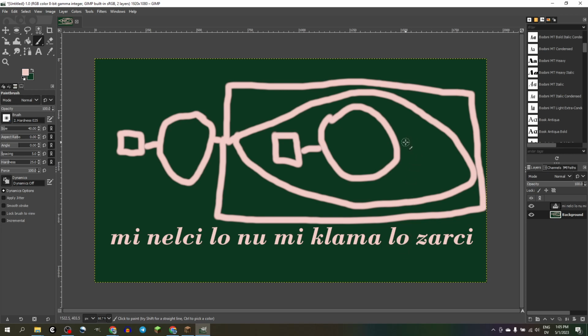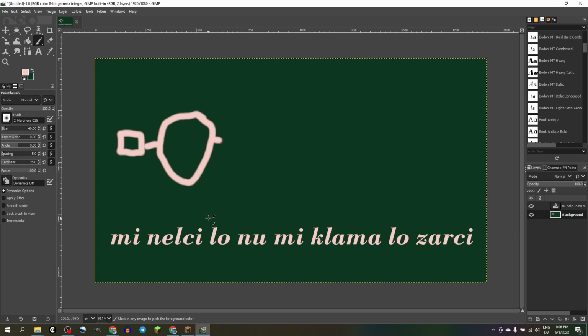Like, if you see lo zarshi, you don't really have to think, oh, lo nominalizes, and within that is a verb, which is the zarshi verb, and think about the transformation from zarshi's verbiness into a noun, and think about it plugging into the nu, think about it being transformed and plugged into the lo, think about the lo making it a noun and plugging it into the nelshi too. You only think about that if you're doing an analysis of Lojban grammar. Otherwise,